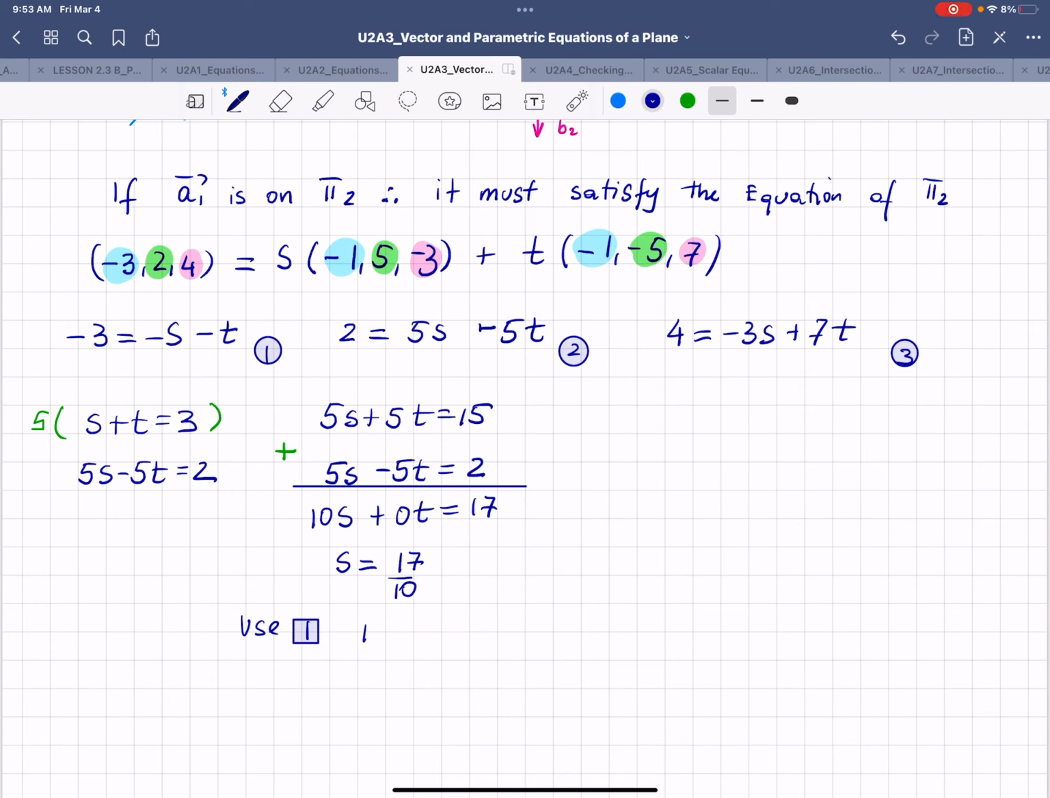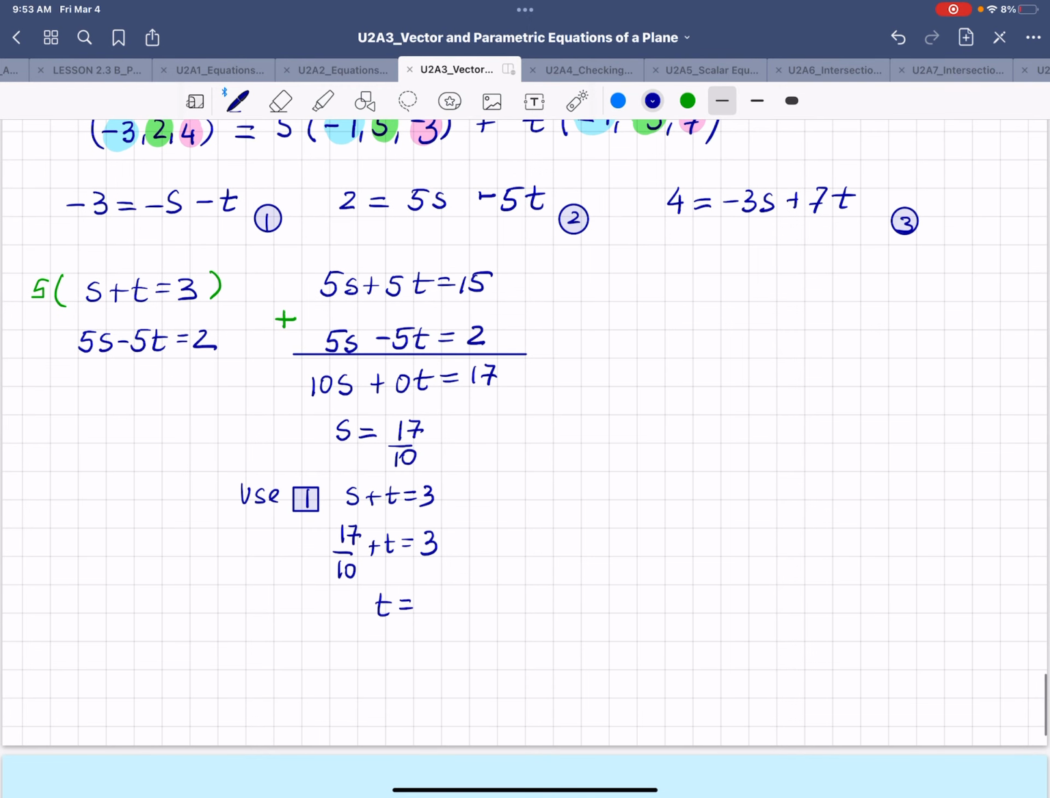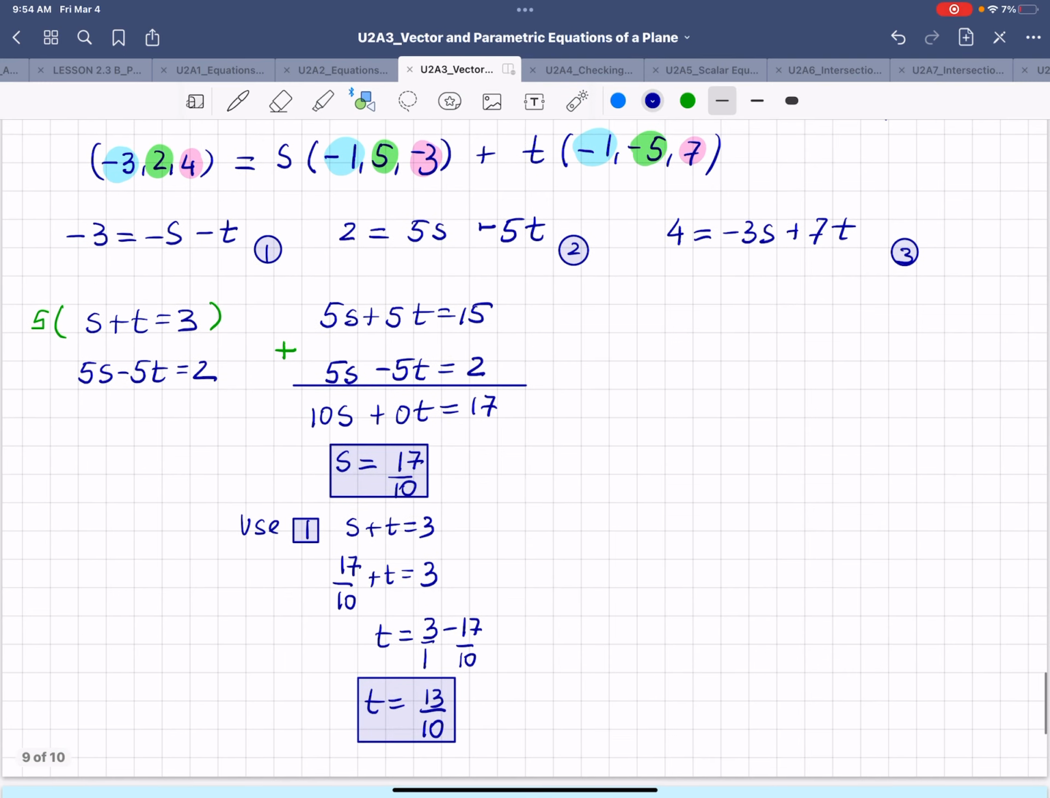So S plus T equals 3 means that 17 over 10 plus T equals 3, which means T equals 3 minus 17 over 10, or T equals 30 minus 17 over 10. So we figured out that the values of S and T are 17 over 10 and 13 over 10. So with these two values, we're going to